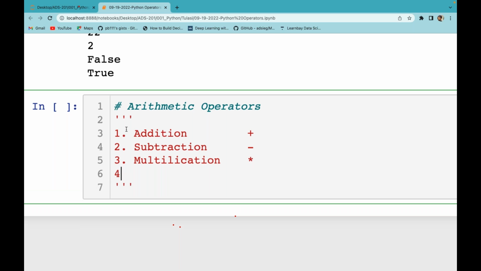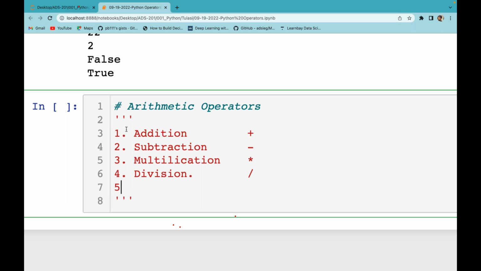We can have division, where if you want the quotient, we use the slash operator. And next we have modulus. Modulus is a division operation, but if you want to get the remainder,